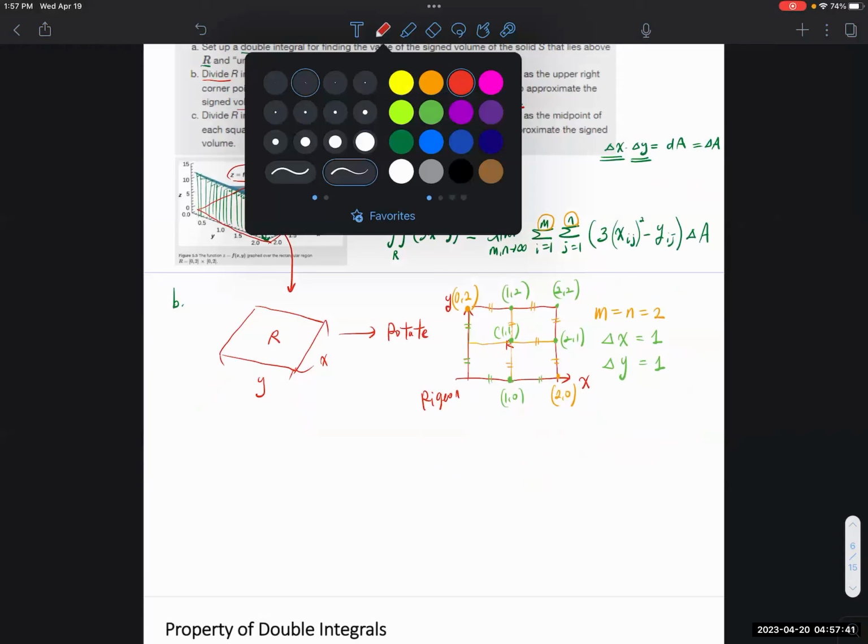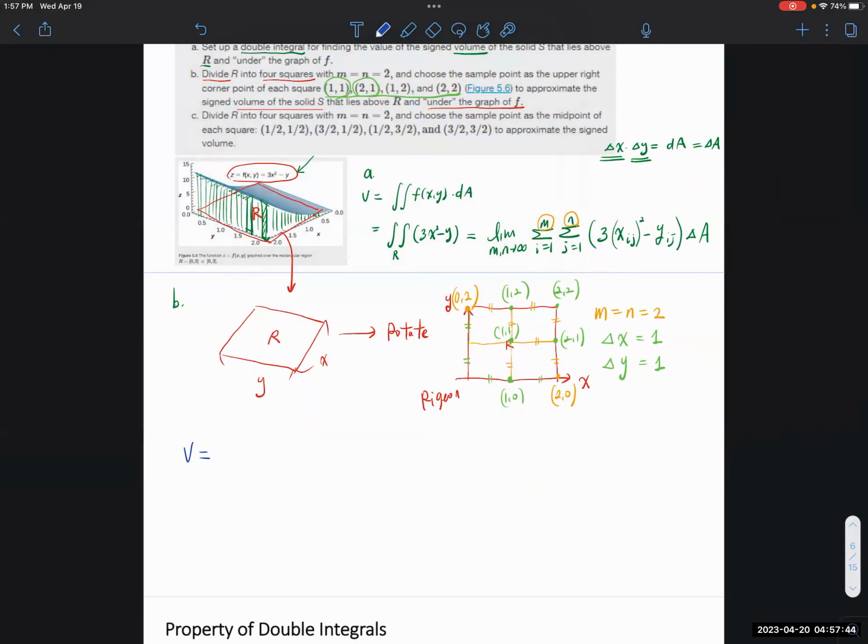Okay. So the volume will be what? According to the Riemann sum, I'm going to use the Riemann sum. So we have the limit. I'm going to skip the limit for a second because it's not going to be infinity. We actually stop at 2. So we don't need to write the limit because we know the ending point. So let me write it first. And then this is going to be f of x_ij, y_ij. This is the Riemann sum without limit